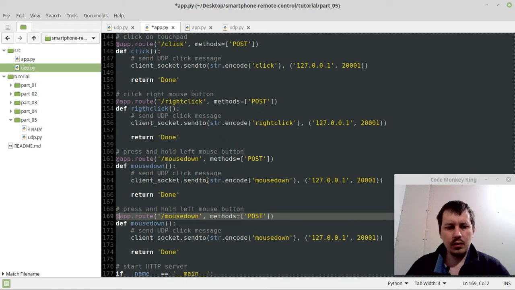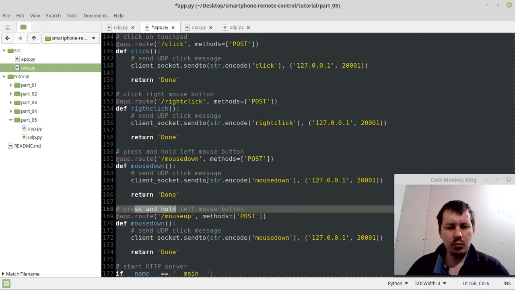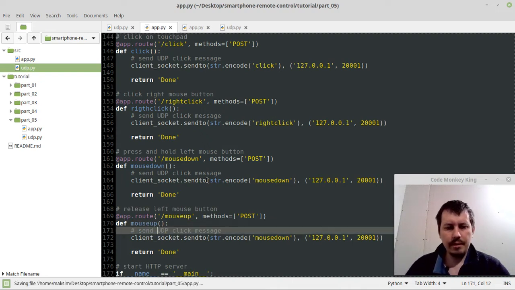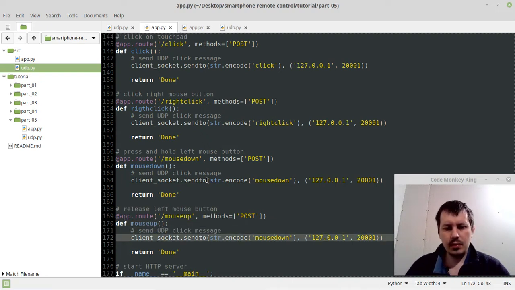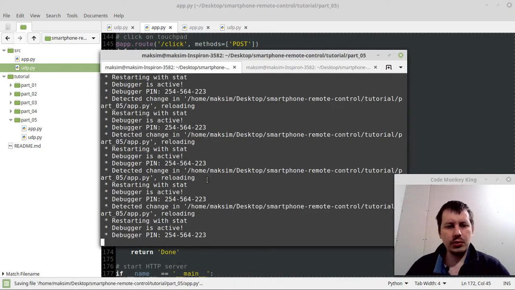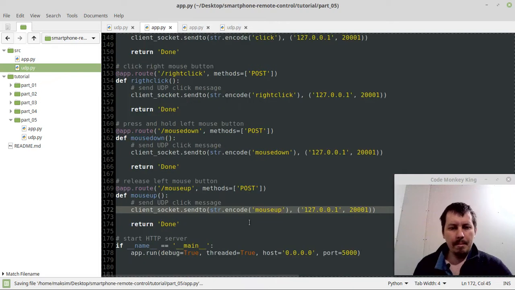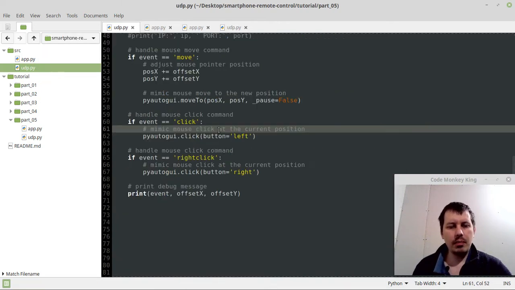So here we have mouse up, release left mouse button, mouse up, and mouse up. Probably I already messed up the HTTP server. Nope, we didn't. Cool. Yes, this is good. So then in the UDP,